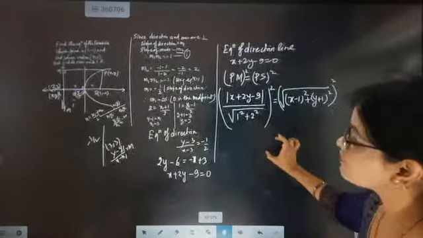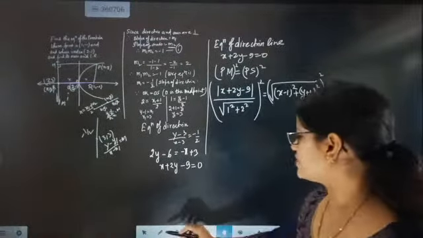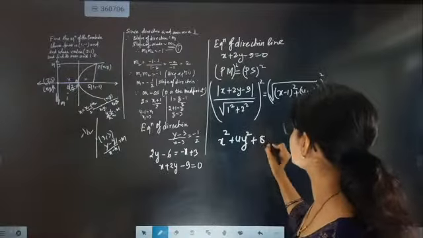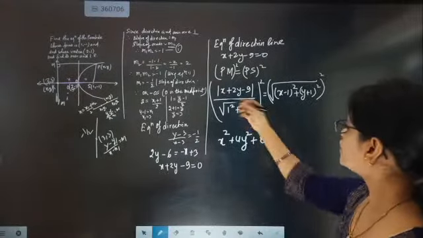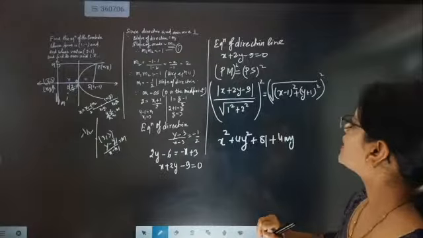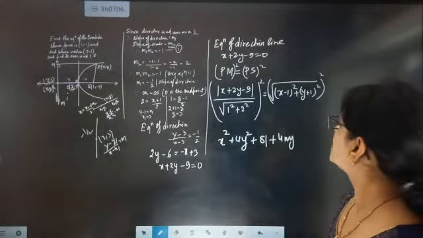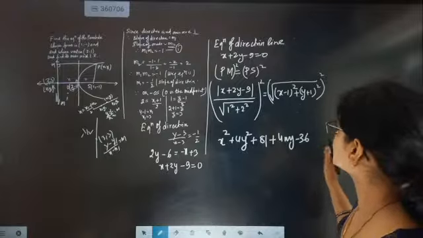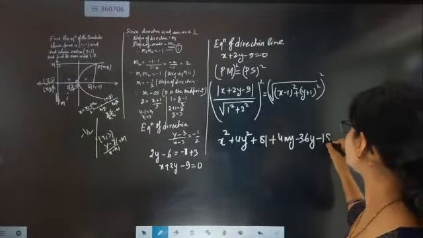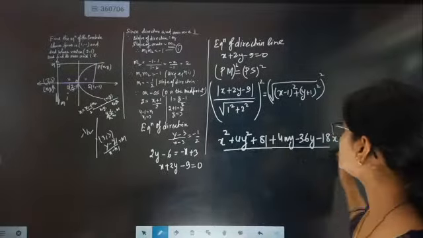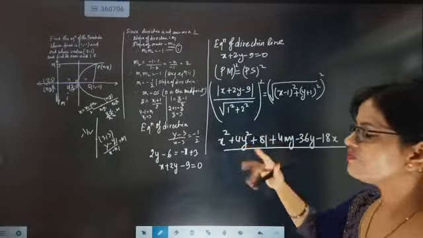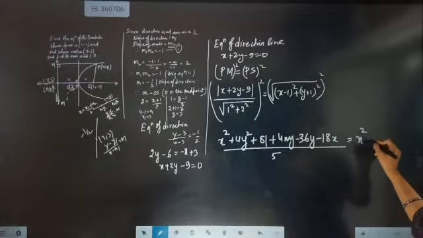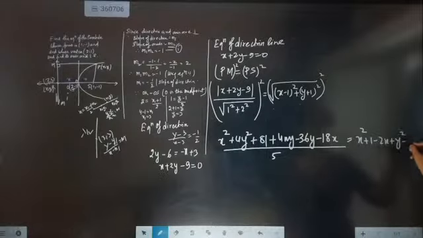Now from here, frame the equation very appropriately. Framing of the equation has to be done nicely. It is going to come as x square plus 4y square plus 9 9s are 81, plus 2 2s are 4xy, and then 4 9s are 36, minus 36y, and then minus 2 9s are 18x, and the denominator is 1 plus 4, 5, root under 5 will be 5 only because the square is outside. Now on this side, the square and root are gone. So x square plus 1 minus 2x plus y square plus 1 plus 2y.